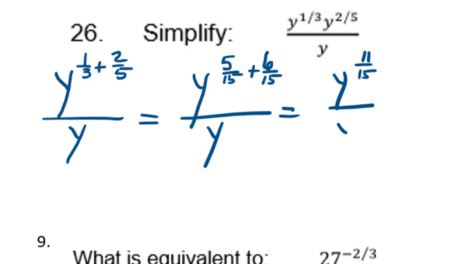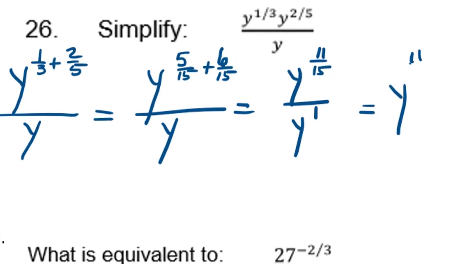11/15 divided by y to the first. By the way, the power of 1 is not written, but it's assumed to be there. And so now we're going to have a quotient of like bases. When you divide like bases, you subtract the exponents. So you would have y to the 11/15 minus 1, but 1 could be thought of as 15/15, couldn't it? So subtracting 11/15 minus 15/15, we get y to the